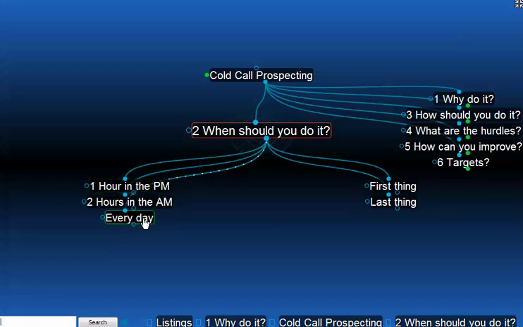That being said, you need to do prospecting every day. So don't create excuses, don't avoid the process. Commit to it, get it done, do it as part of your diary activity. In fact, it's probably the most important thing that you should have in your diary. Don't let anybody distract you from the prospecting process.